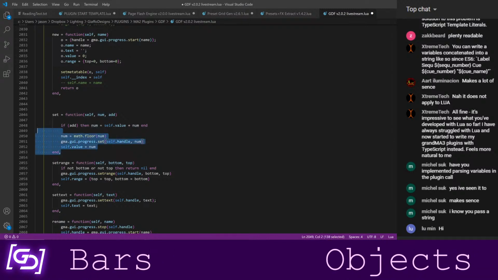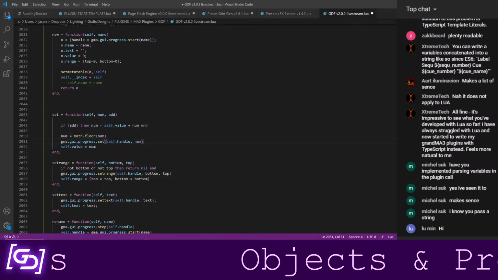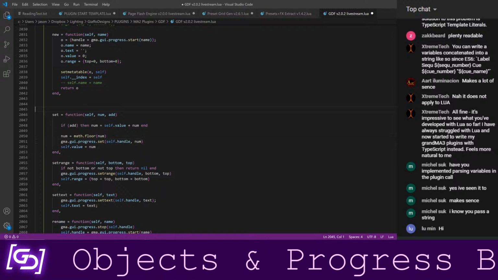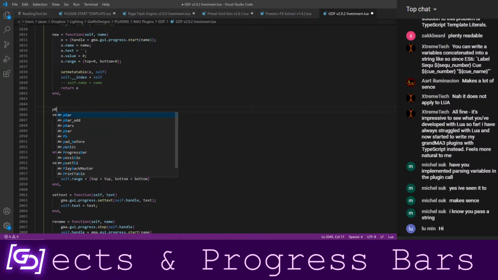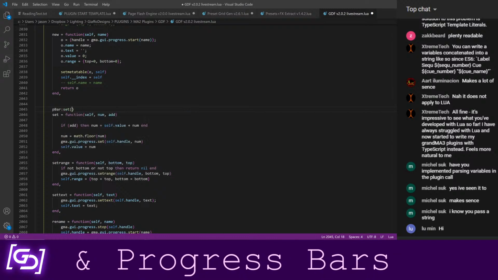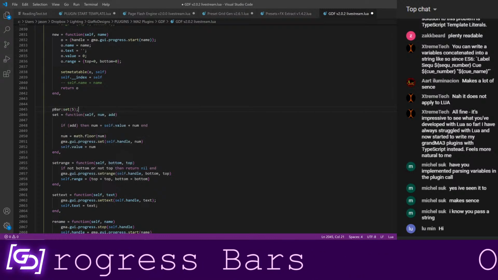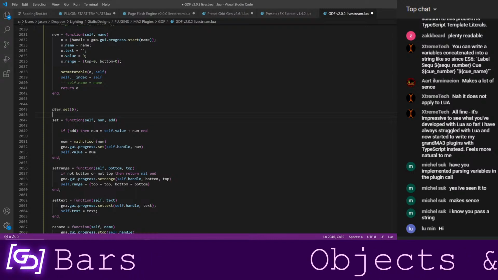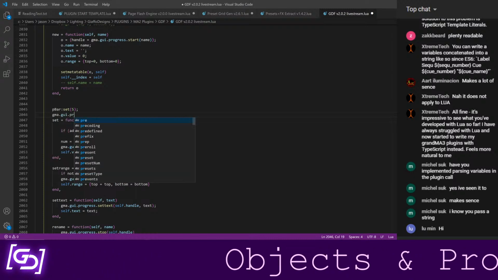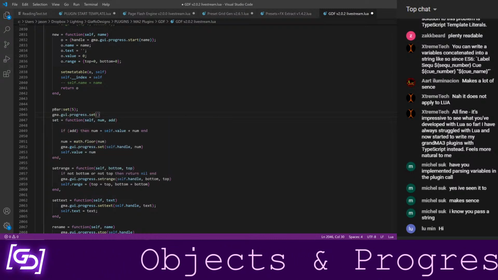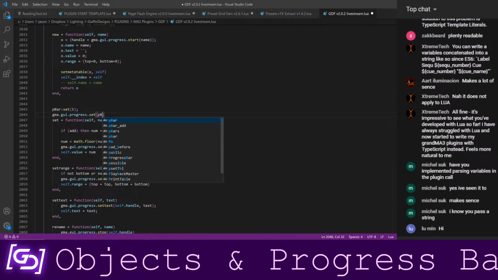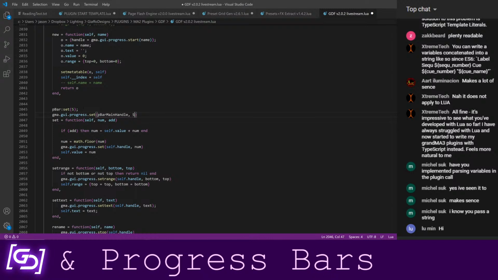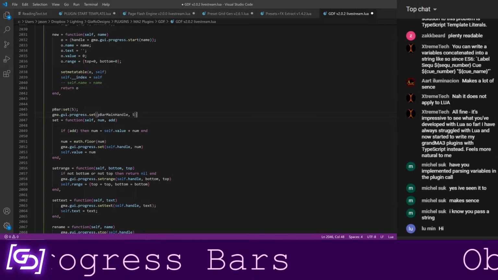Just by explaining that, I hope it is already becoming clear why objects are valuable, because just being able to say p bar set, and let's just call it 5, is a hell of a lot easier than saying gma.gui.progress.set. Then we're going to say p bar, let's say we call it p bar main handle 5. Or if we were going to increment by 1,